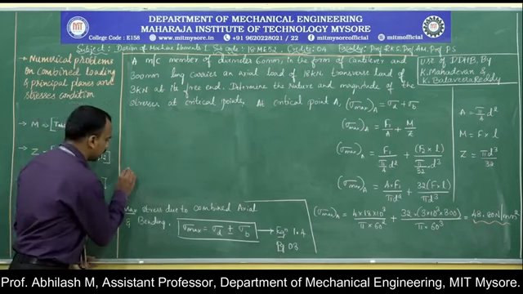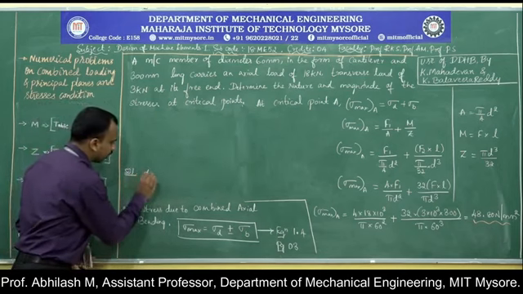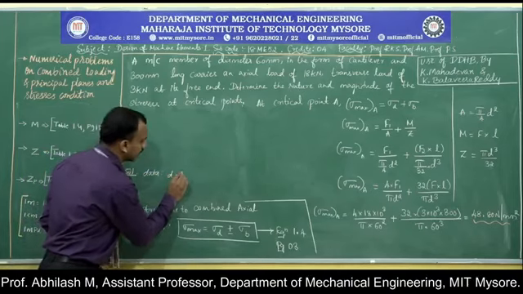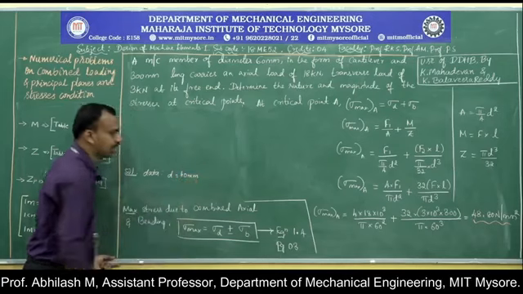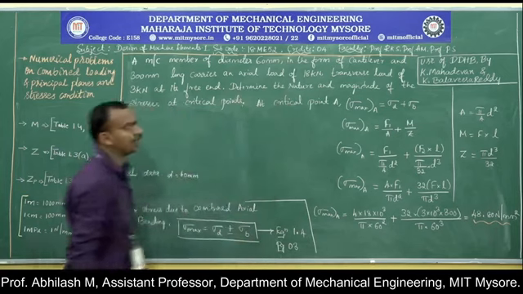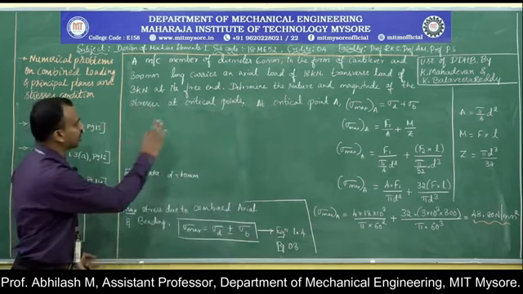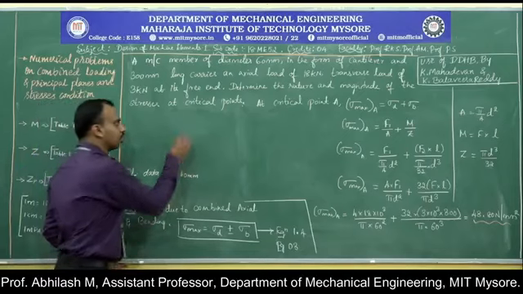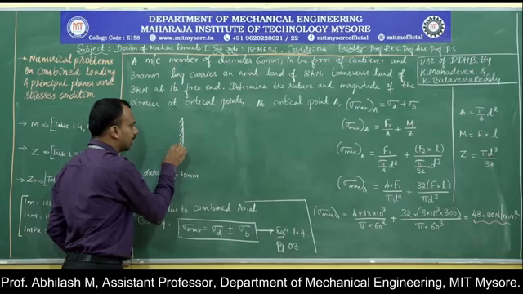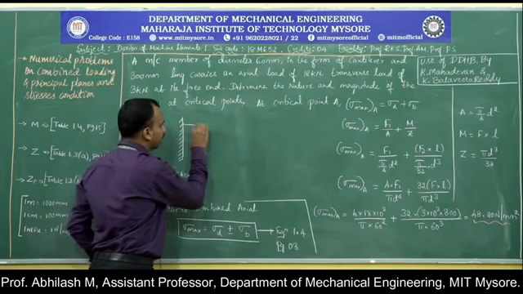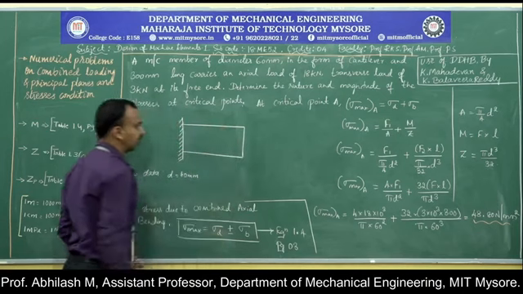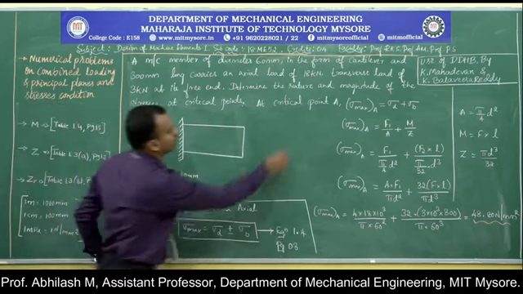So they have given the data, the diameter to be of how much? 60 millimeter. So the diameter they have given is 60 millimeter in the form of a cantilever beam. So the given machine member is in the form of a cantilever. We all know that in a cantilever beam, one end will be fixed and the other end will be free.